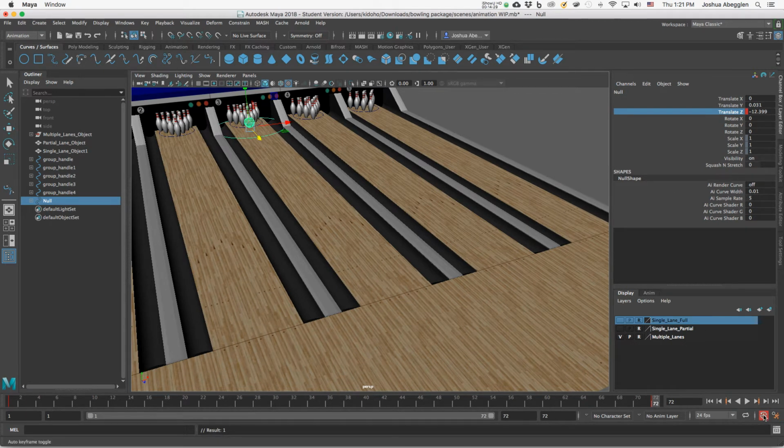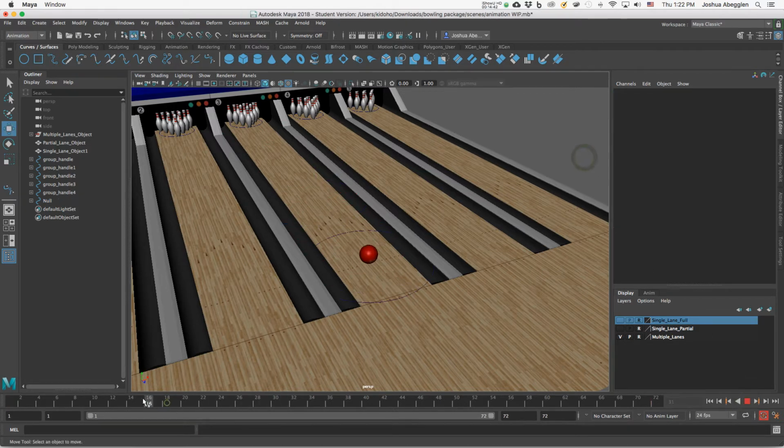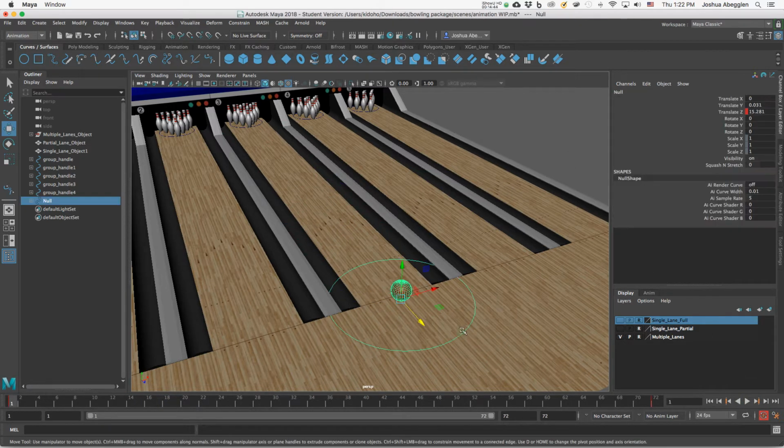Now it automatically keyed that because we have the auto key toggle turned on. And so if I go to the beginning and hit play, it's as easy as that. All right, animating that ball. Now if I want to do some stuff that's a little more fun, a little bit more bold, I can